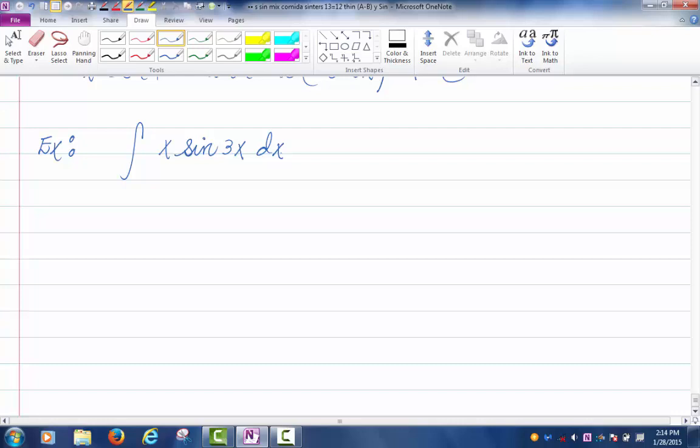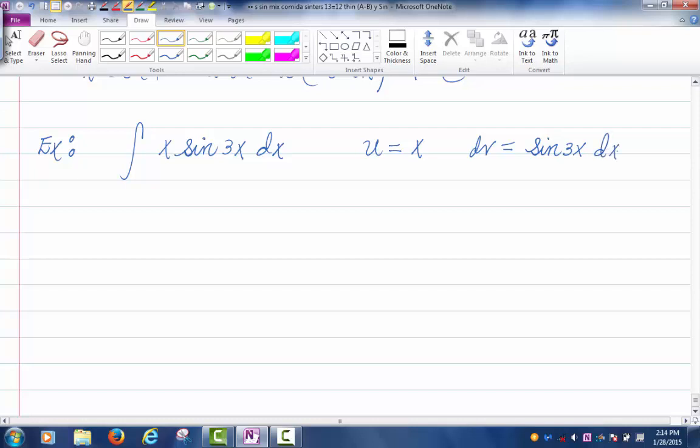If you are doing a substitution first and then integration by parts, because you want to use u and dv for integration by parts, maybe you shouldn't use u for the substitution. Maybe use w or z or something else. But in this case, you don't really need a substitution. You can just apply integration by parts. All you have to remember is that you're going to use u to be x, and dv to be sine 3x